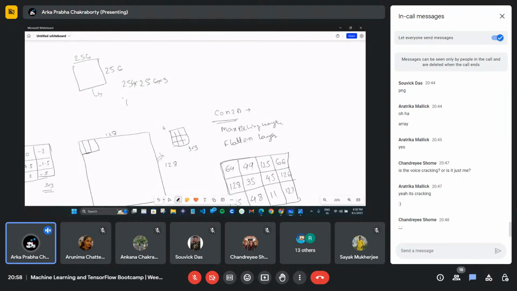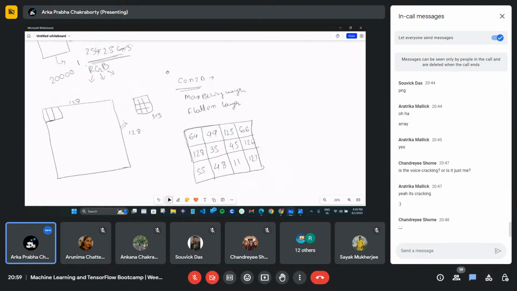3 is nothing but the channels. We are doing this for RGB: R for red, G for green, and B for blue. So there are 3 channels. That's why we are taking RGB values. For one image the neuron count is this value. So if you are doing 20,000 images, how many neurons will there be? 20,000 into this value. There will be so many neurons and so much computation needed, so the computer will not be able to do it, right?